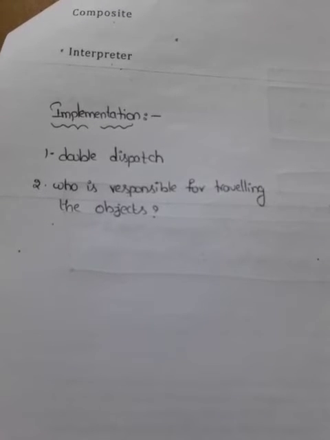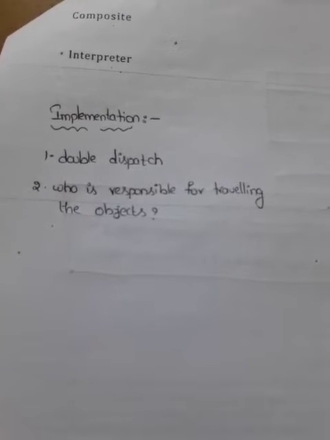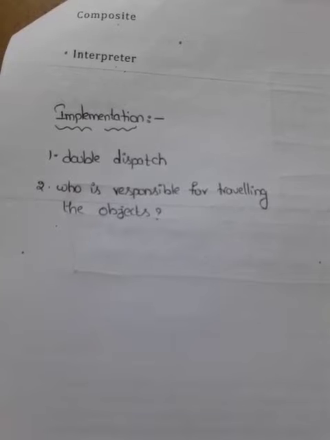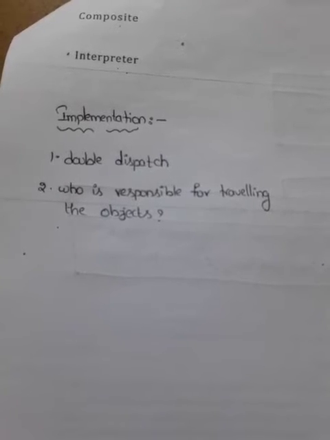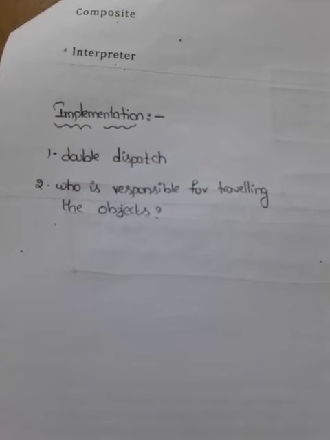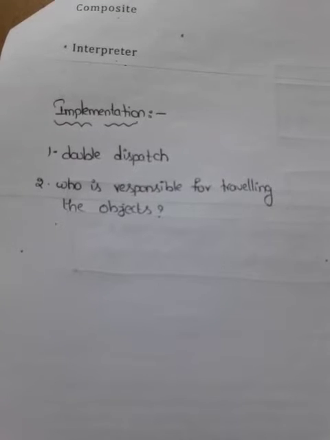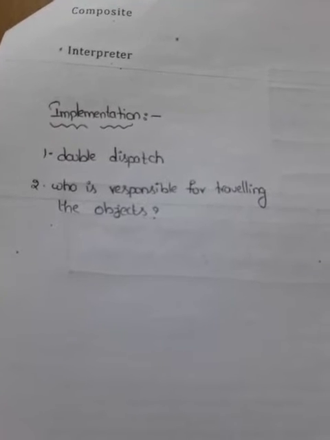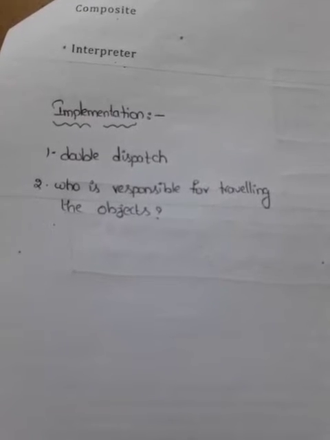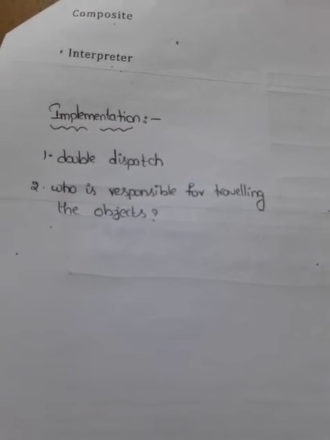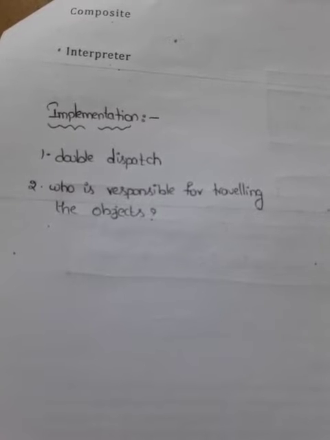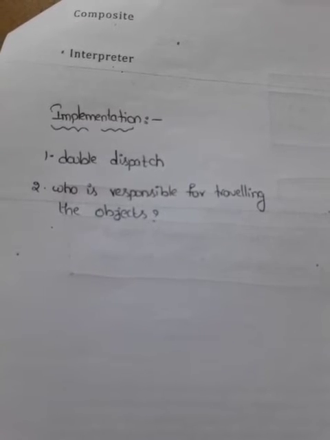Based on this, we are going to face two main issues. The first one is double dispatch. That means effectively the visitor pattern lets you add operations to classes without changing them. Visitor achieves this by using a technique called double dispatch. It is a well-known technique. In fact, some programming languages support it directly.